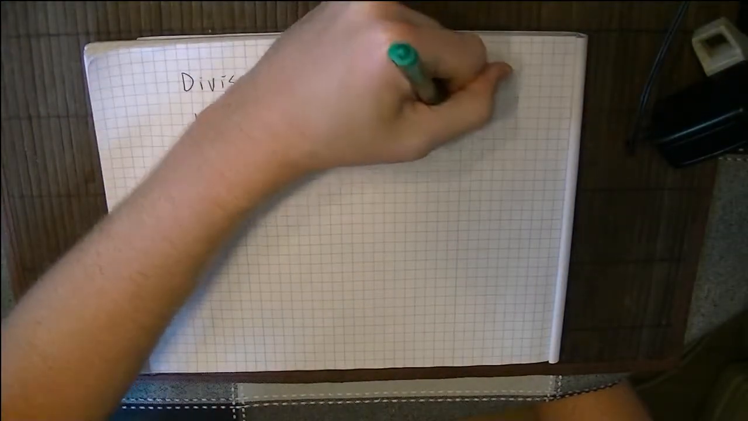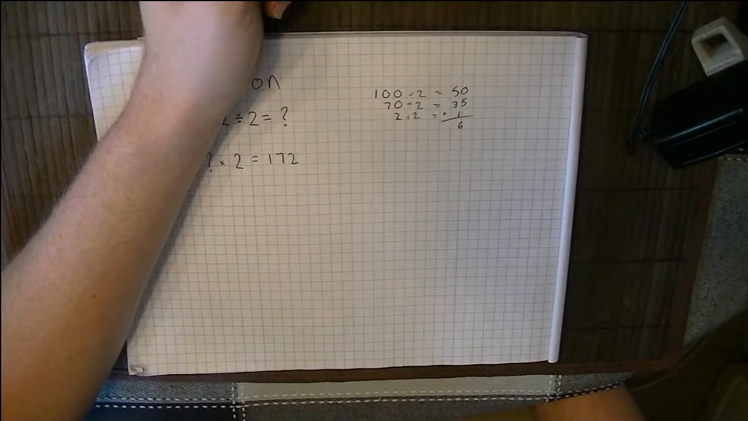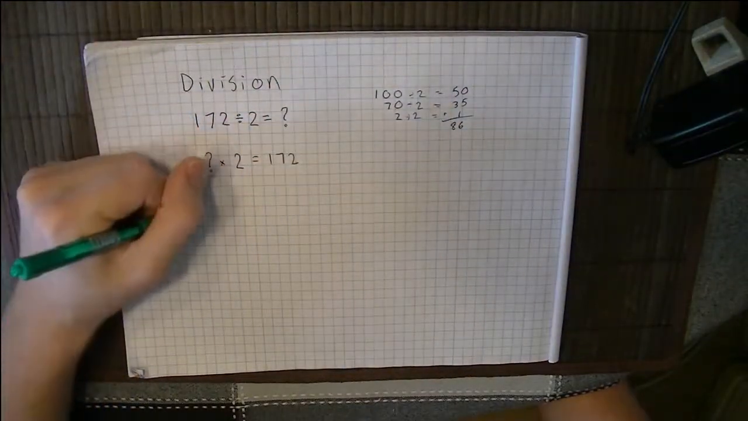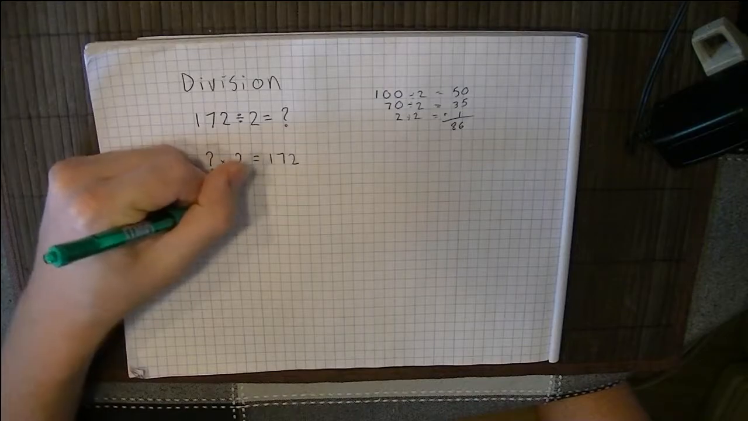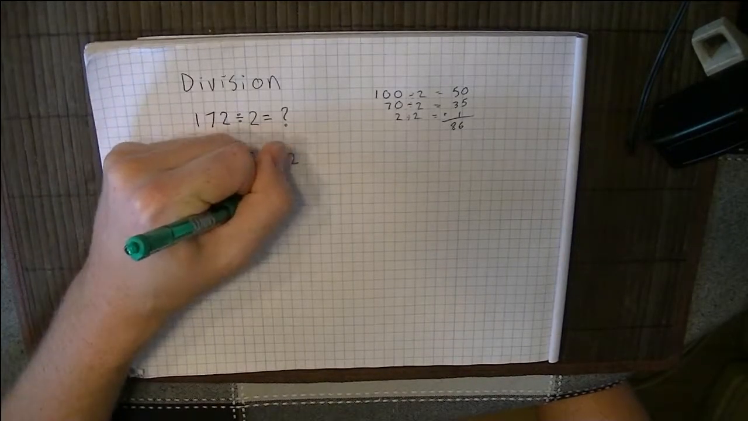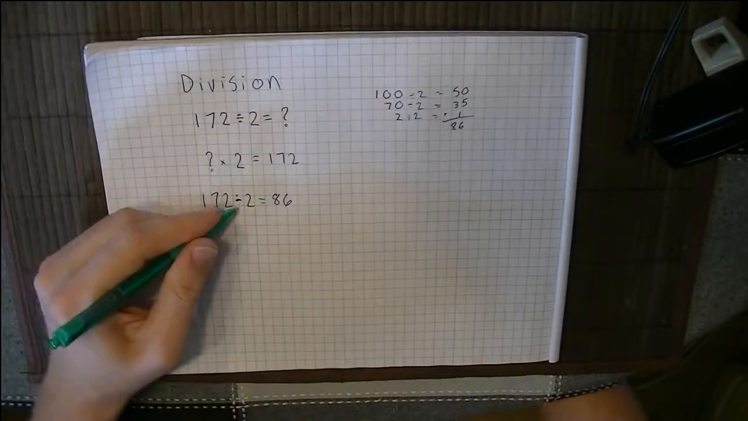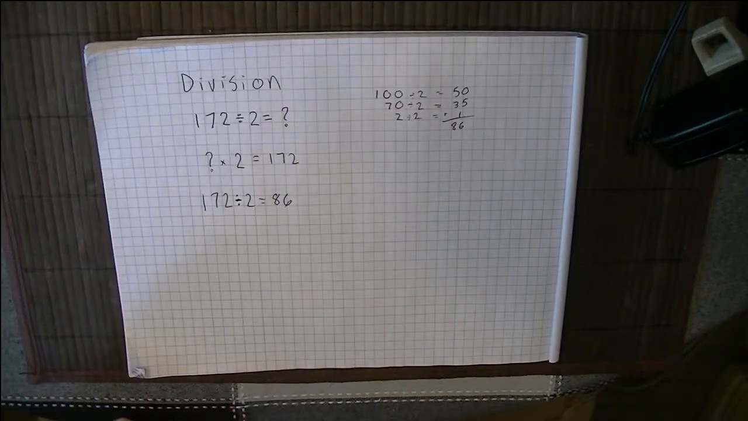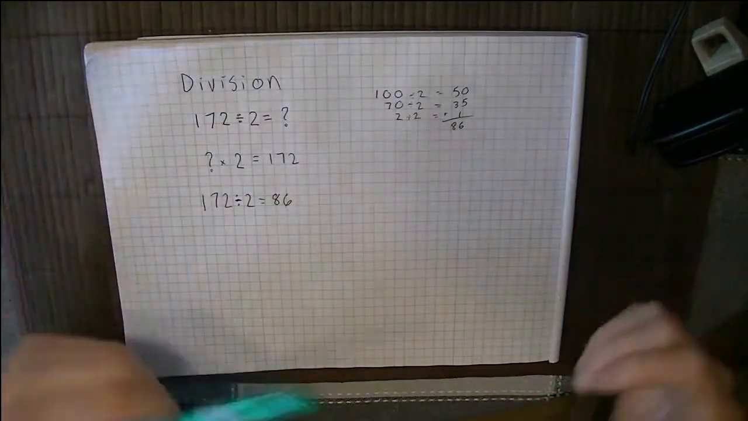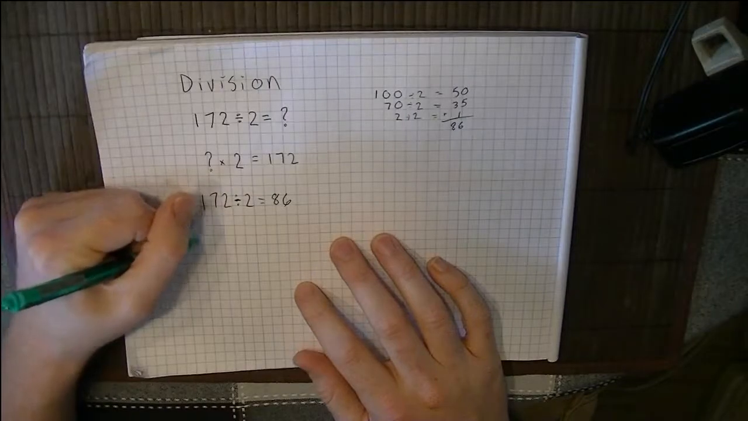And then if we add all those up, I have 5 plus 1 is 6, and 5 plus 3 is 8. So the answer, 172 divided by 2, is equal to 86. Okay, now that works really well for 2 because 2 goes evenly into 10 and 10 is the base that we work in. What if instead I was to ask, okay,